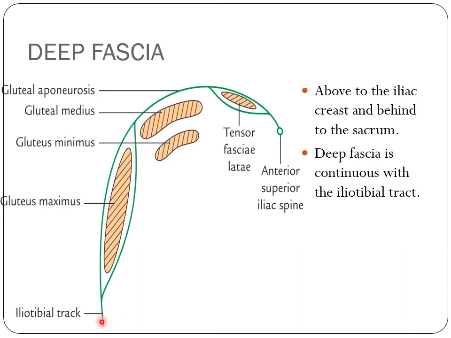So the fascia is split twice along the iliac crest to enclose the tensor fascia lata and gluteus maximus and form the thickened sheet. The name given is gluteal aponeurosis. So the deep fascia splits twice. Anteriorly from the anterior superior iliac spine up to the sacrum it extends and attaches. It covers these two muscles, and deep to this, superficial to the gluteus medius and minimus, the deep fascia covers them. This is the maximum thickness, the thickest sheet. This thickest sheet is given the name gluteal aponeurosis.